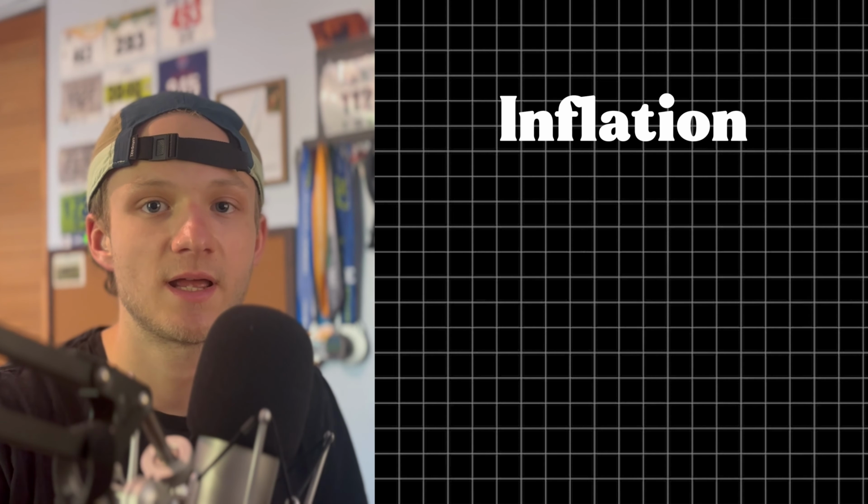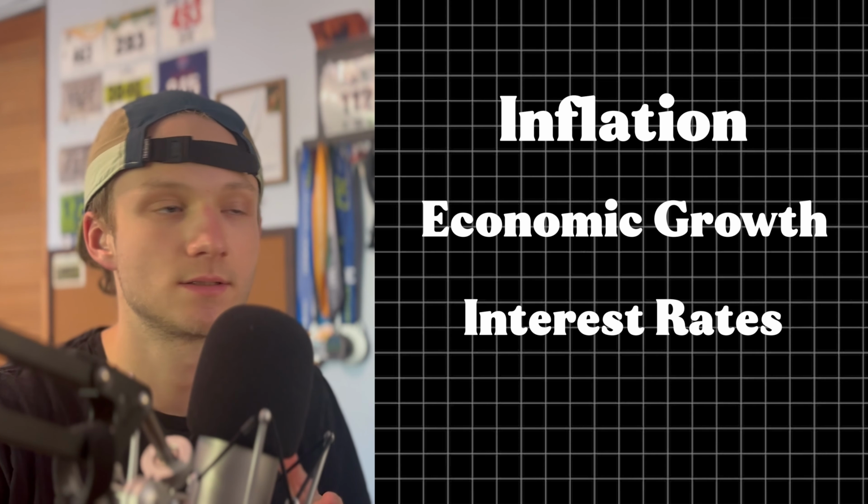Now bond yields are directly affected by many other factors, including inflation, economic growth, interest rates, and supply and demand. All of these factors affect what investors are willing to pay for the bond, and the price affects the yield. So say inflation rises. Investors are thinking that $50 coupon payment is worth less now, and they aren't willing to pay $1,000 for that bond. Investors' required return, or the yield they want, changes, and that's when the price has to adjust.